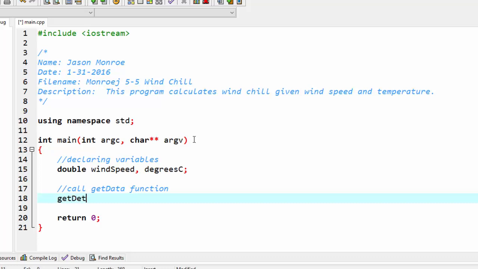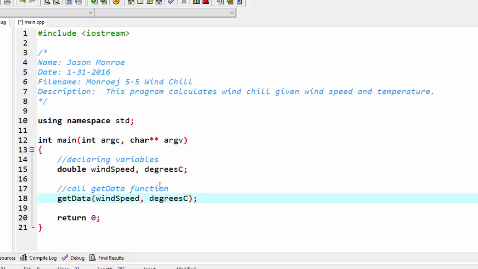I'll just call it get data. Since I'm passing by reference, this get data will be a void function, and it's just going to be changing the actual storage location